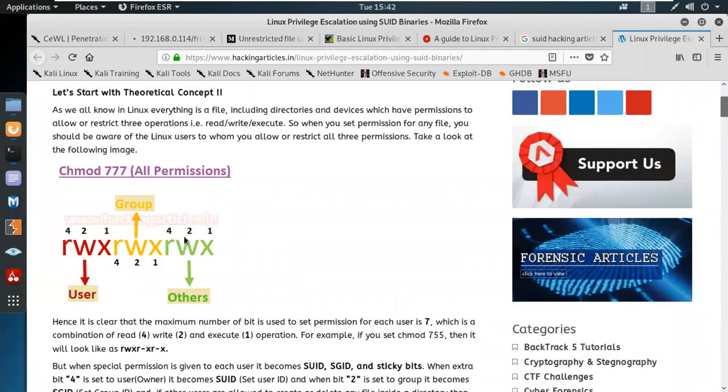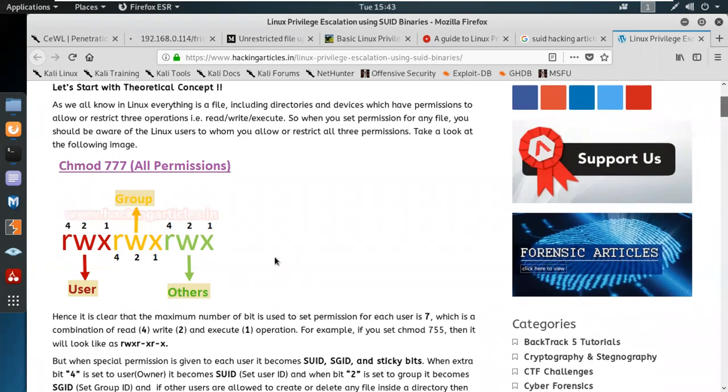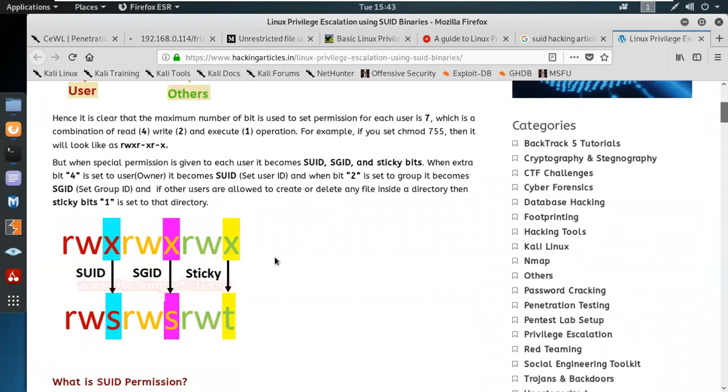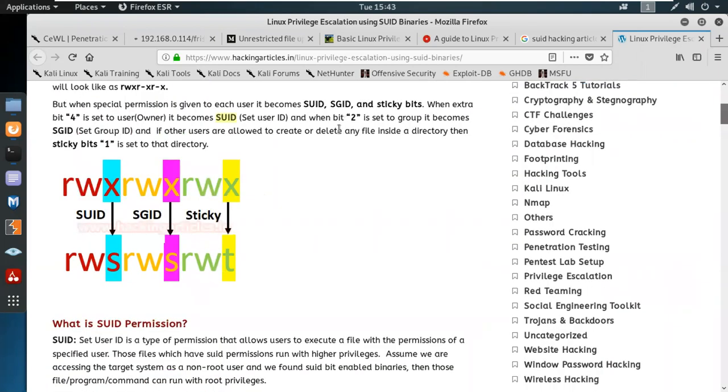So here, what I was telling you: first is the use for the user, second is for the group, and third is for others, in which you have 7 bits: read, write and execute. For example, if you look here: when special permission is given to each and every library, SUID, GUID and sticky bits. When an extra 4 bit is set to the user owner, it becomes SUID bits. For example, here if you give more than 4,